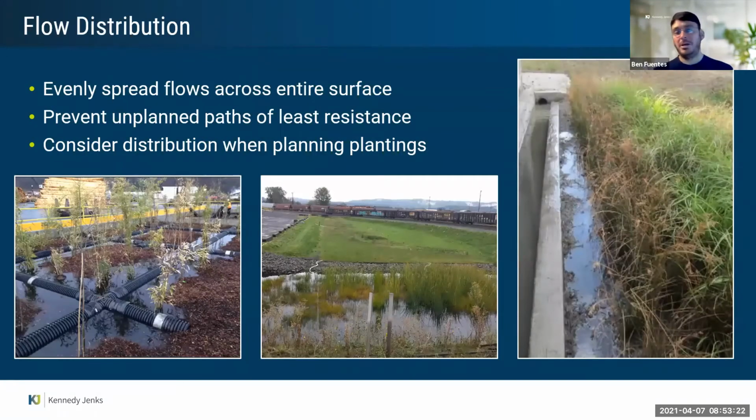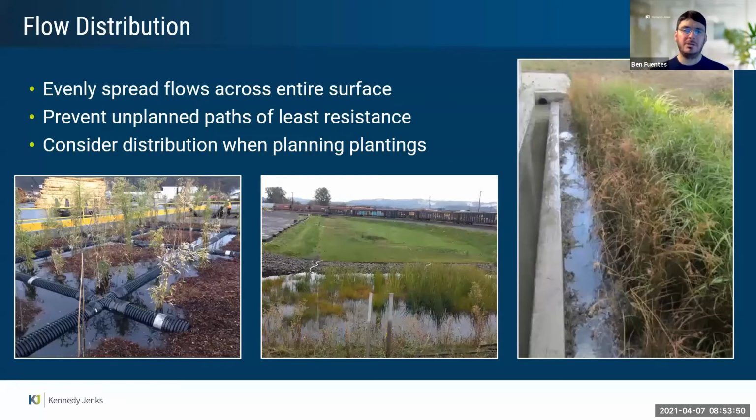So you got your media, you got your plants. What can be a challenge, particularly with the larger biofiltration systems, is the flow distribution. In most cases, you're striving for a pretty even distribution, really trying to encourage the water to get all the way across the surface of your media bed, so that not just one